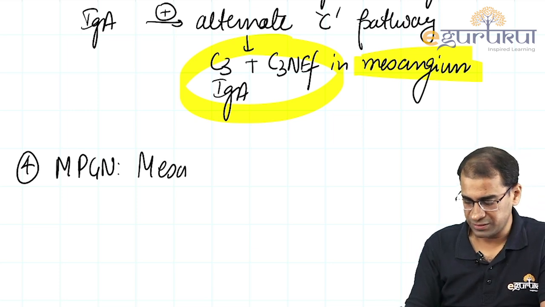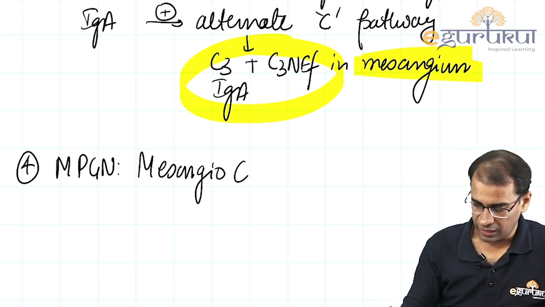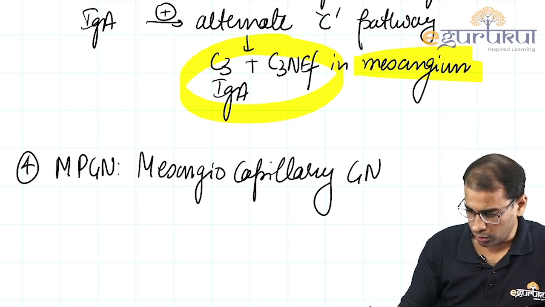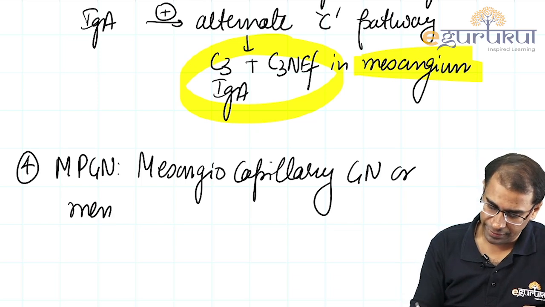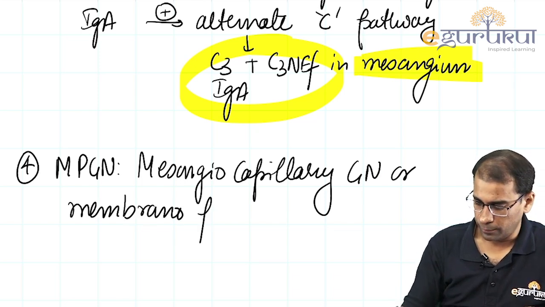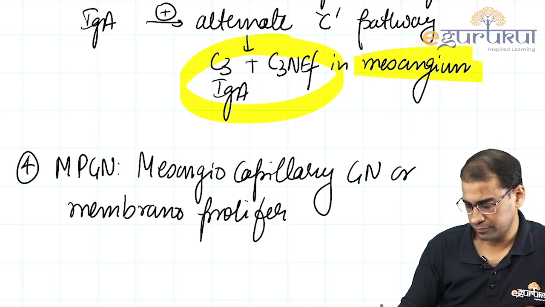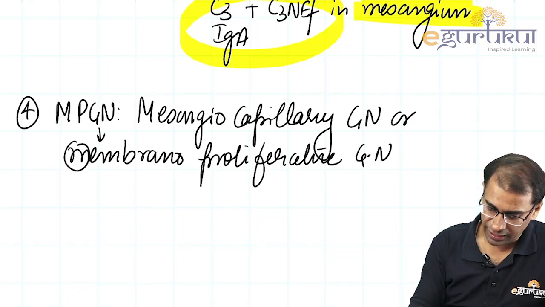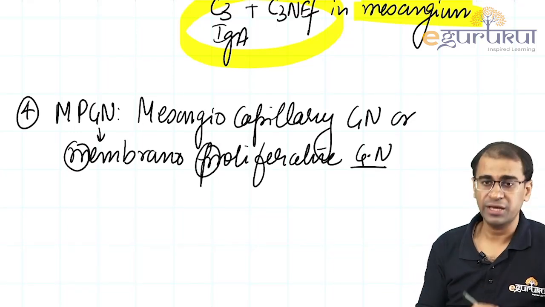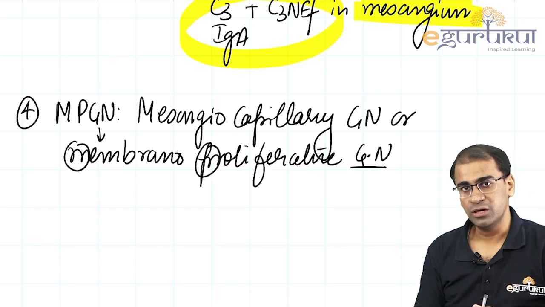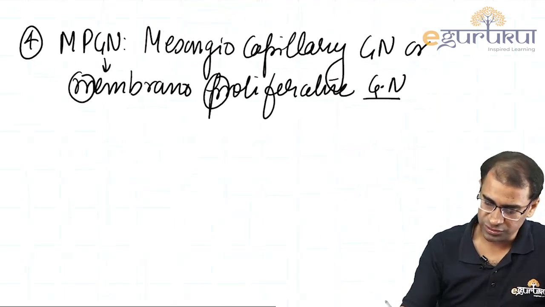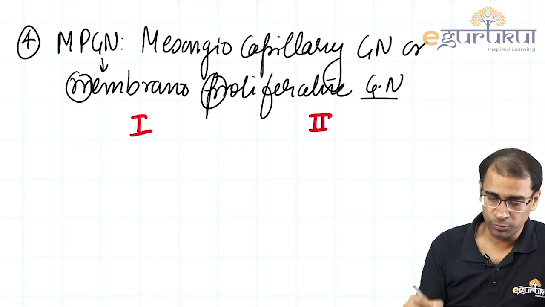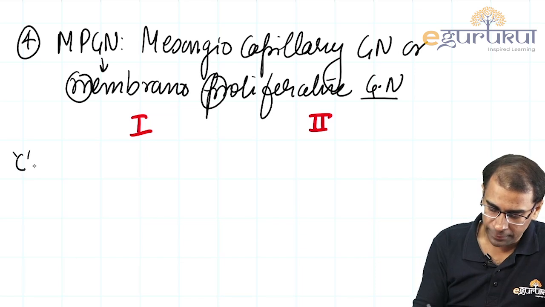The name is mesangiocapillary glomerulonephritis or membranoproliferative glomerulonephritis. So actually MPGN means membranoproliferative glomerulonephritis. Now in this what you must remember is MPGN is of two types, MPGN 1 and 2. The finding that you must remember is MPGN 1 में the complement system activated